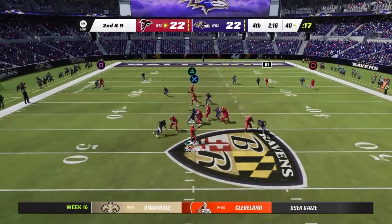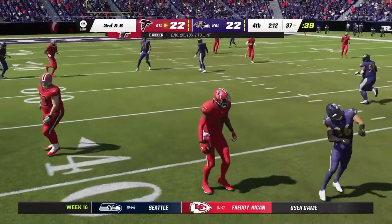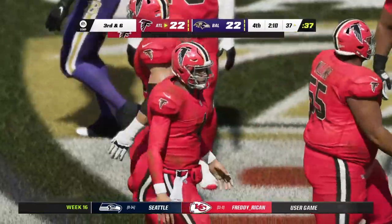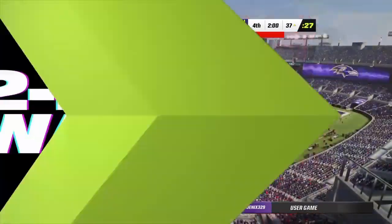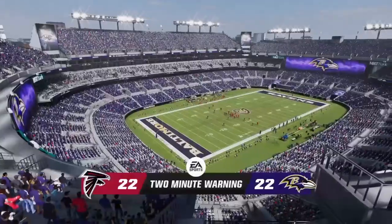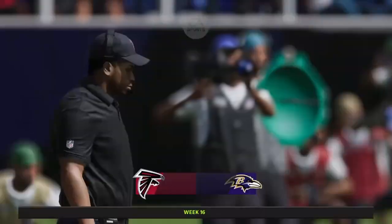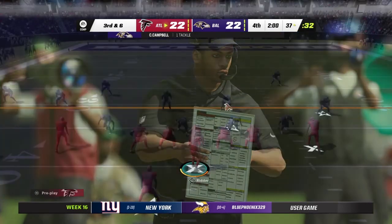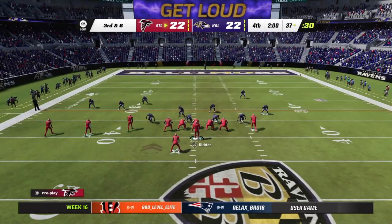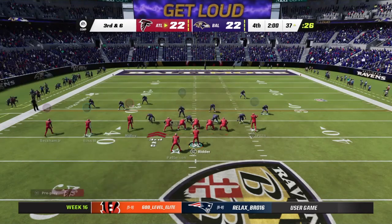2nd and 9 now. That's caught left side to the tight end Pitts. And they're going to get this down to about the 37. Call it a gain of 3 on the play. And now 3rd down and 6 to go. Getting down to the good stuff. All tied with 2 minutes remaining on EA Sports. So it's Falcon football as we welcome you back. A potential field goal, if you're thinking about that, almost 55 yards from here as they try to get closer